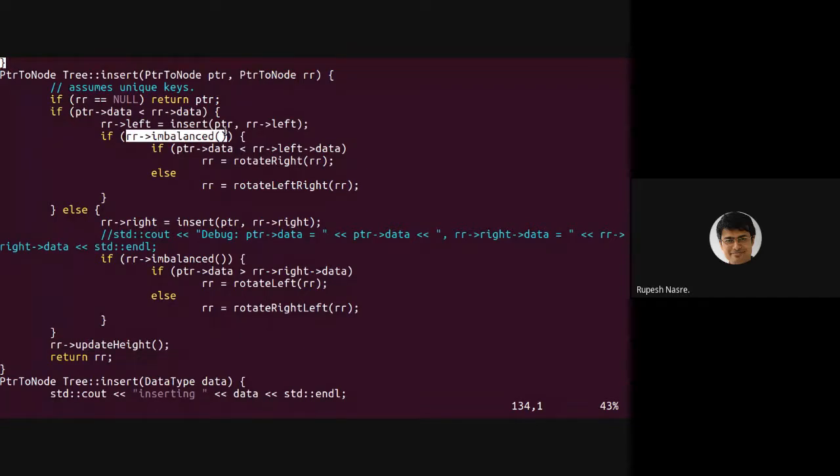So, you can see how easy it is to understand this code. I have inserted to the left, and now I am checking if the current subtree root is imbalanced or not. Having that imbalanced function is very useful as a small API, which can make the code a little more readable. You can as well add those specific functionalities here, like if RR arrow left arrow height is greater than RR arrow right arrow height, and so on. All of this is possible to be done here, but these small primitives help us avoid that duplication at